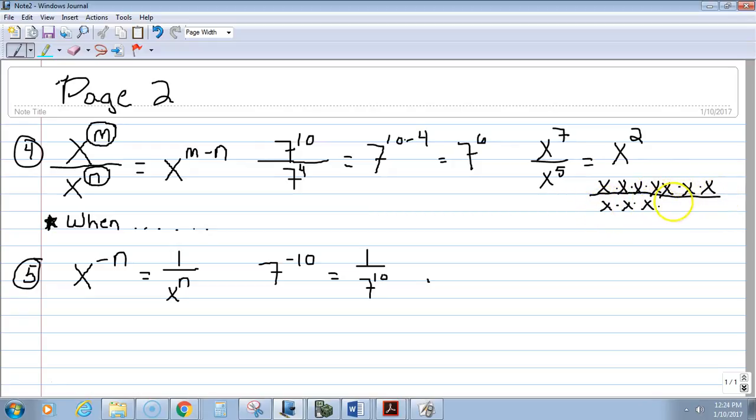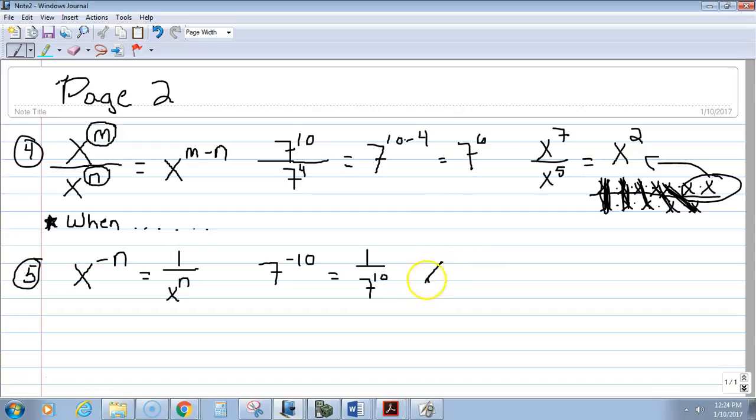2, 3, 4, 5. Okay, so every time you have an x over another x, that just cancels out. So we can cancel out 5 of them, and then we just have x squared. That's where that x squared came from. Back to rule number 5. Sorry for that digression. Back to rule number 5. I wanted to show you,